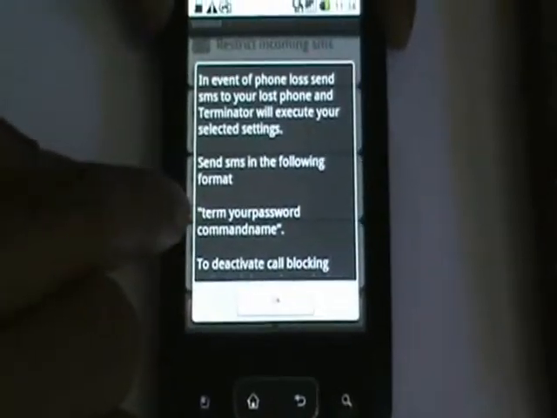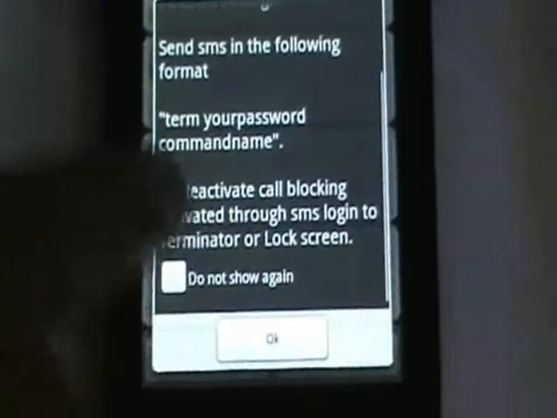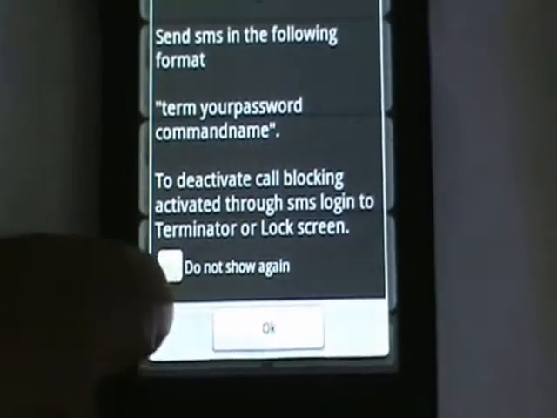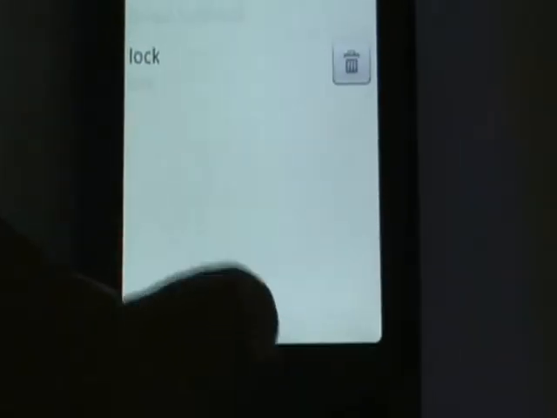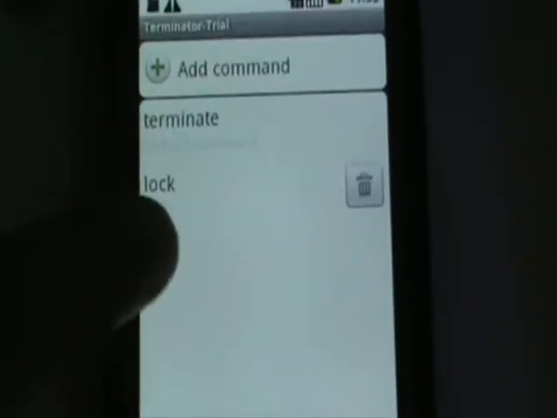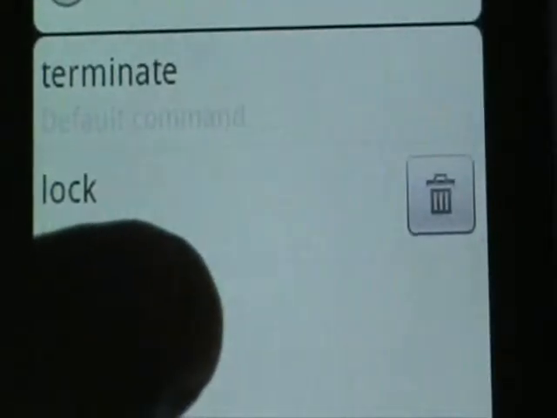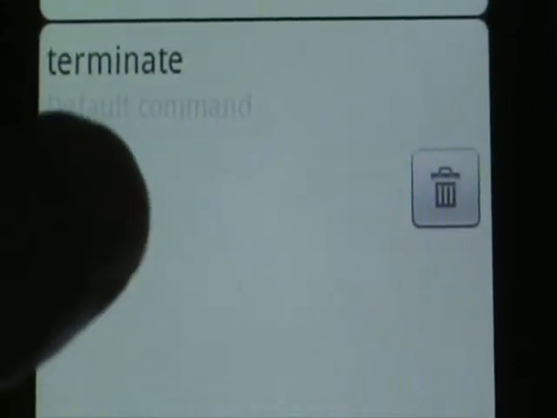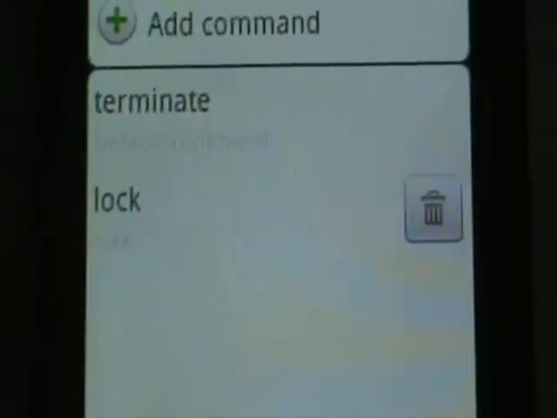If you see here, the format is term, your password and the command name. And if you don't want this to be shown again, you just can click do not show again and press OK. So now this is the front screen. You can see the command name and shows the description. You can delete this command if you don't want it. The default command is read only, it can't be deleted.